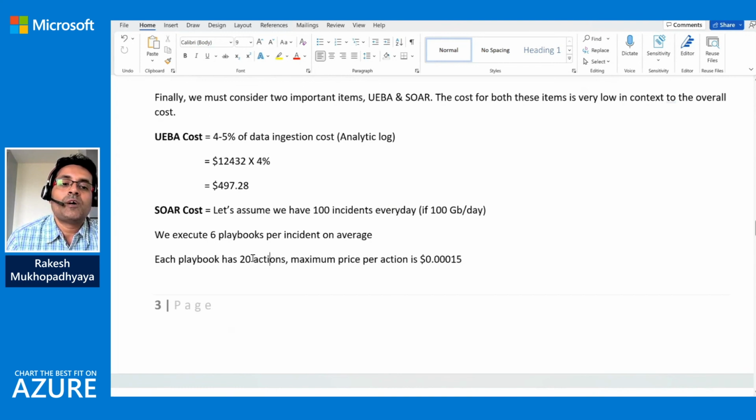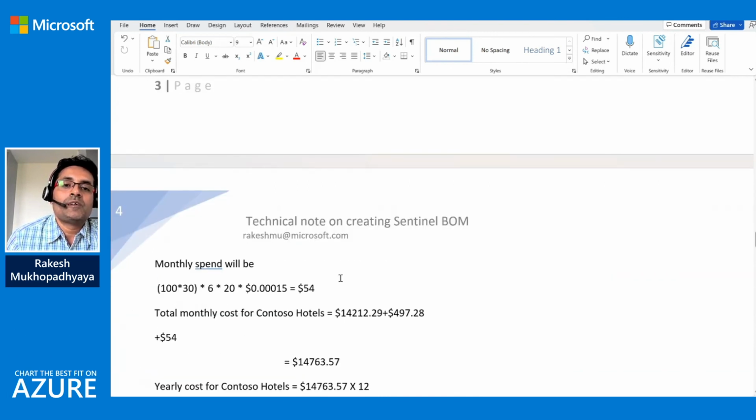You want to block that user in your Azure AD or Microsoft AD, so that is an action. So we are considering each playbook will have 20 actions, and the maximum price per action is this dollar amount.